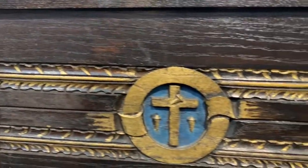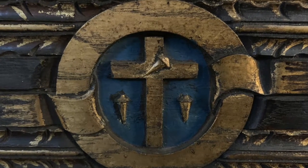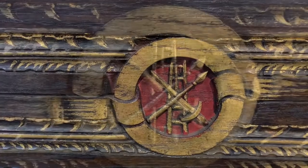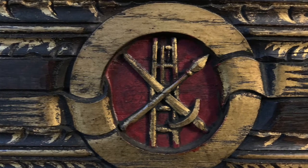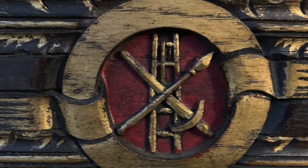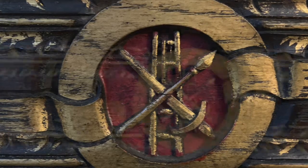Here we do have a cross and some nails to remind us of the way that Jesus was attached to the cross with nails. And here again, reference to the cross because we have a ladder to reach up to the cross, I would imagine, and a spear and a sword. There was a spear that pierced Jesus' side when he was on the cross,